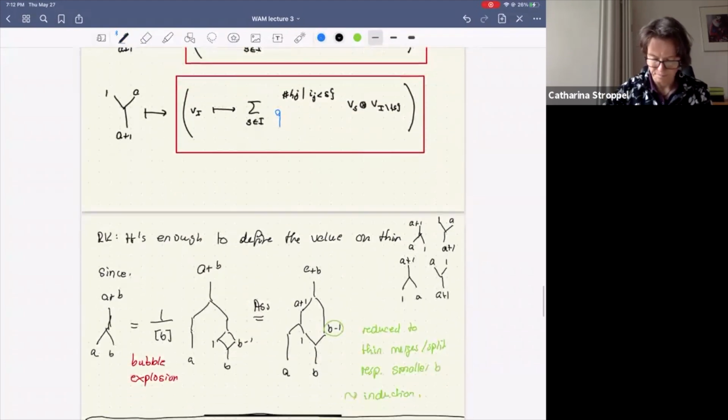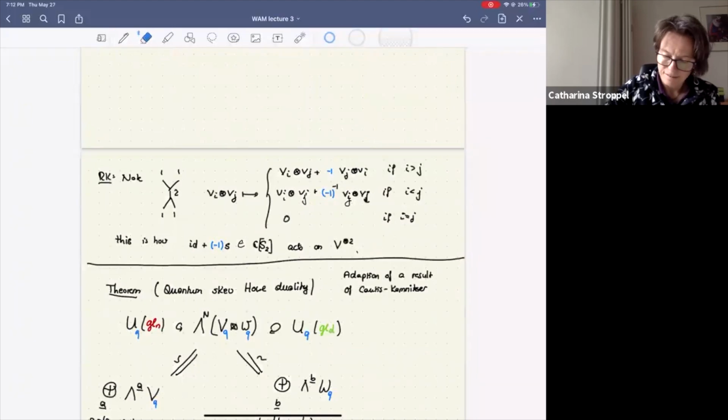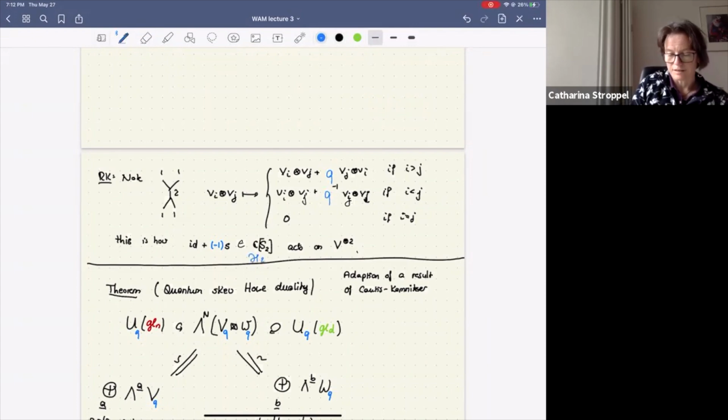Okay. And similarly here, and now it makes a difference whether I invert or not. This is a Q, and this is a Q inverse. And then here, I get something in the Hecke algebra for S2. And this is exactly this element. So I get